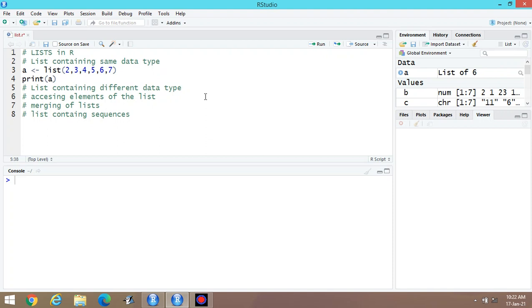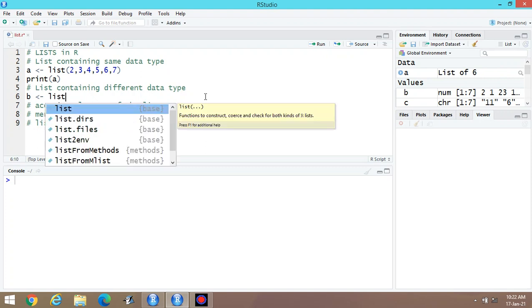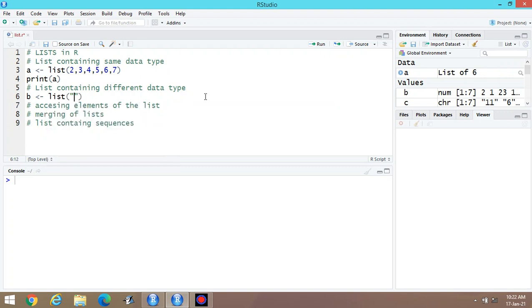Suppose different data types are there. List. Then suppose I am writing orange. Then one vector, 786.